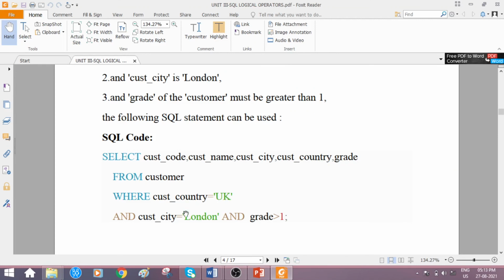From that country, a particular city is considered, and if customers from that city are found, only then go for checking the other condition, that is the column grade. If it is greater than 1, then fetch only those customer information from the customer table. Okay. So this is about using multiple logical AND operators.